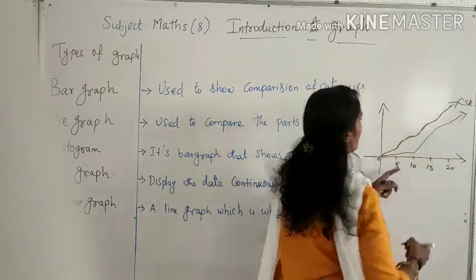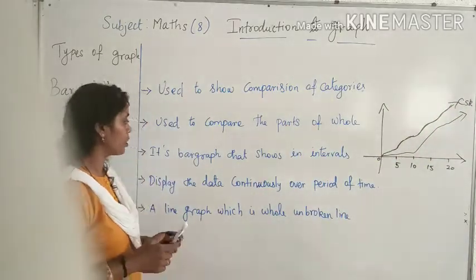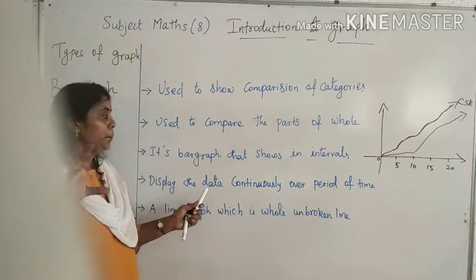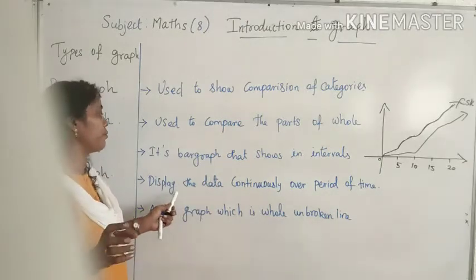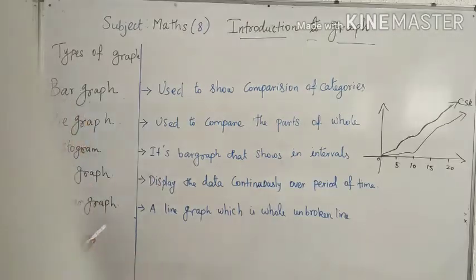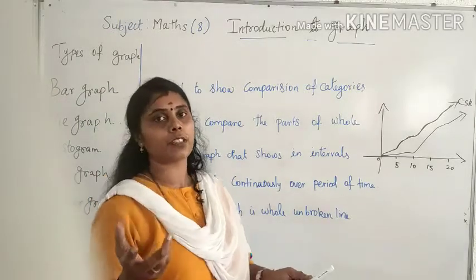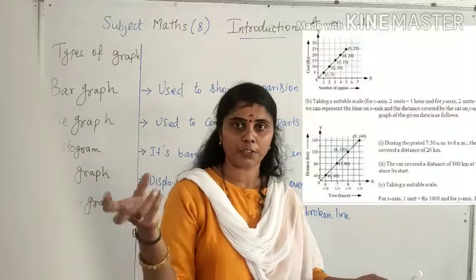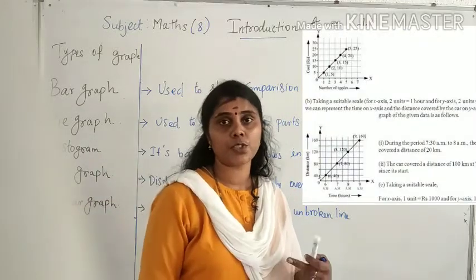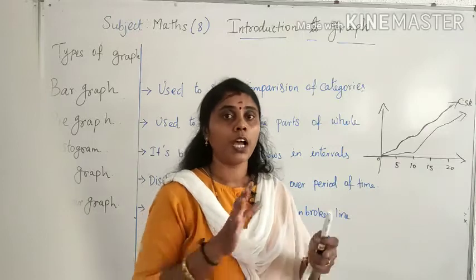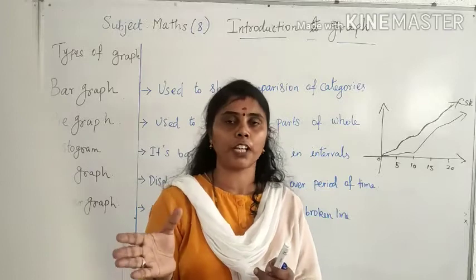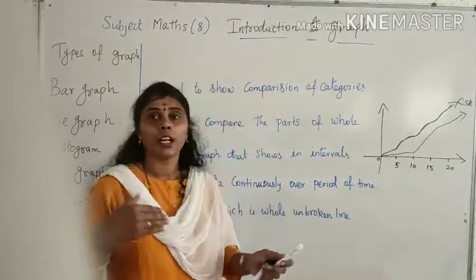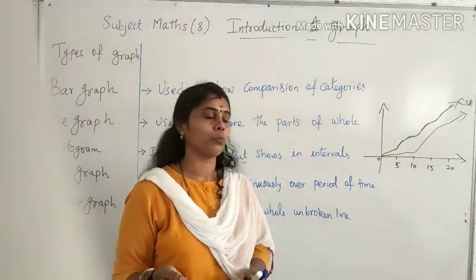So this is the line graph, where you want to show the run rate over a period of time within 20 overs. That we can display in the line graph. And next, not only this, you might have learned in the science part also, the distance-time graph, as well as the velocity-time graph. And if you want to find out the temperature on a particular date, you can also show that through the line graph. In many places it is used practically also.